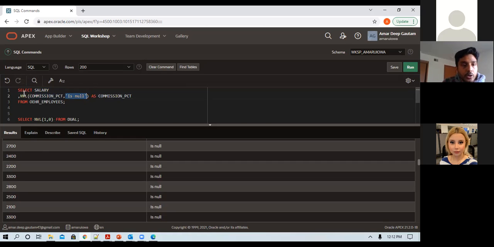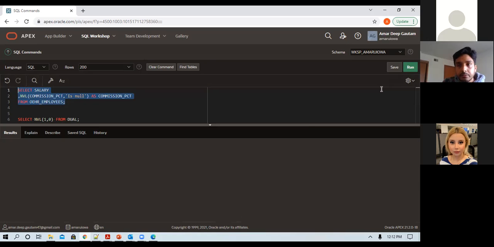We want a character value right now, so I have to be consistent. If this is a number, it will give an error saying there is a data mismatch, an invalid number, because this is a character and this is a number.